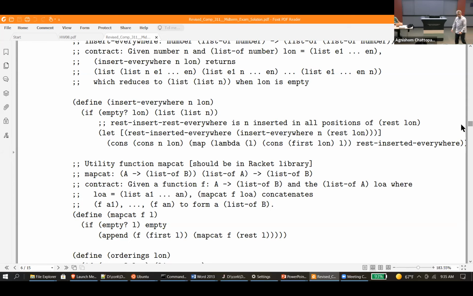So I'm going to come back with a list of lists from this, and then I want to splice all those lists of lists together, and that's what mapcat's doing. Mapcat is just applying the function to the elements in a list that it's given, but then it splices together the answers. If you don't have mapcat,